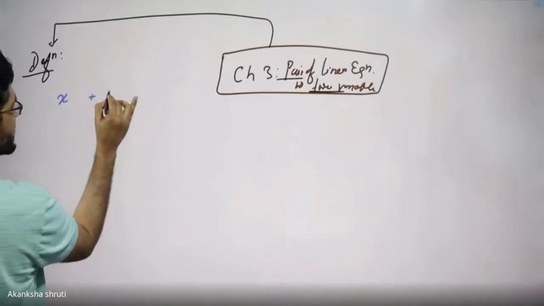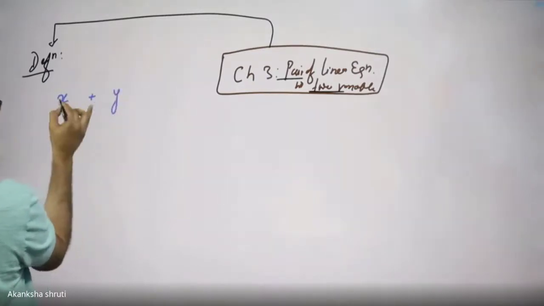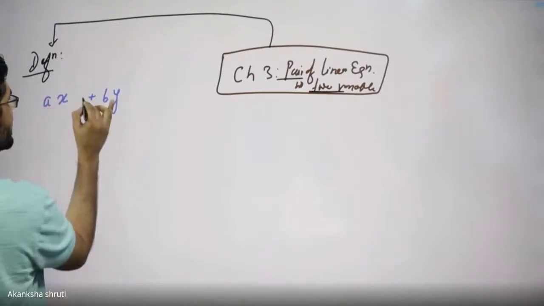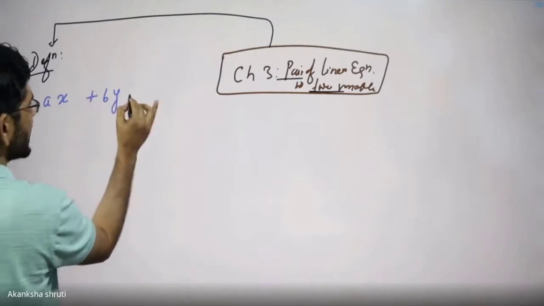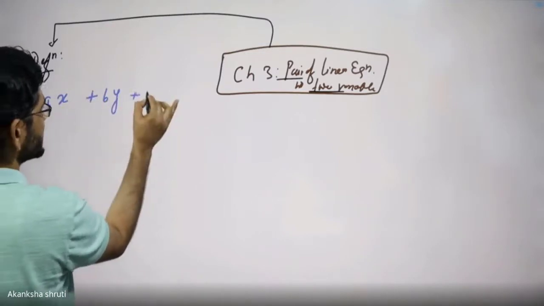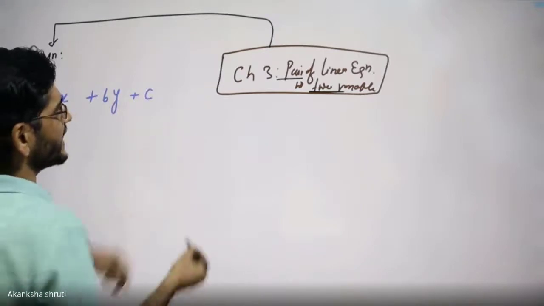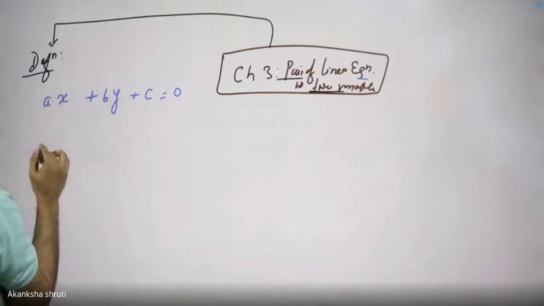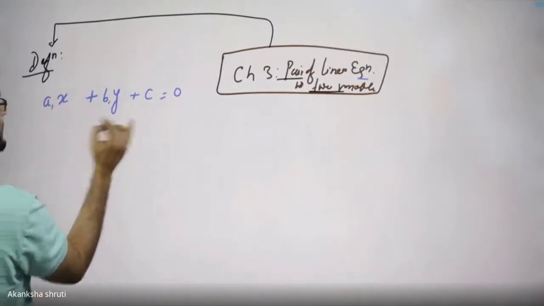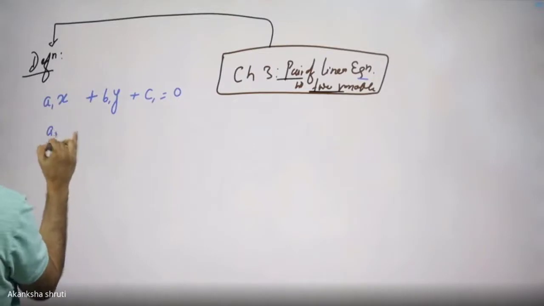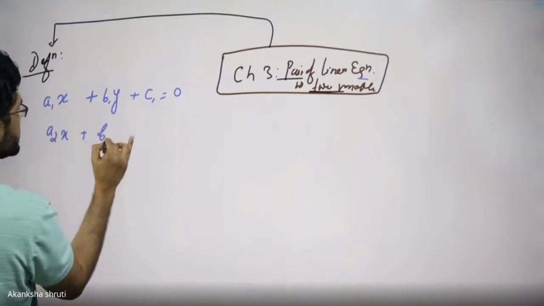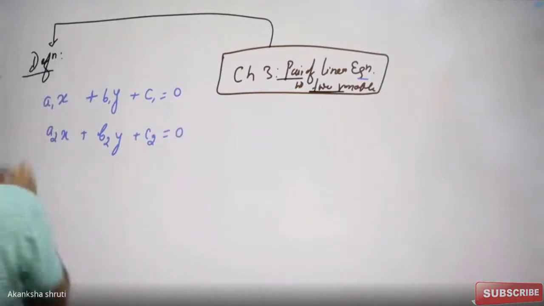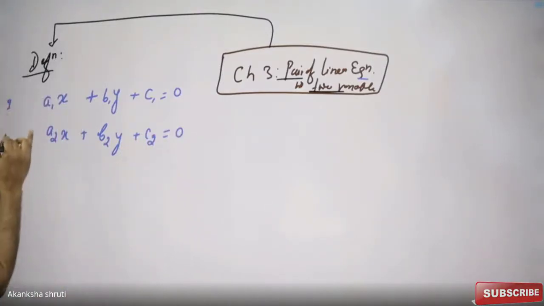In general, we are considering this with some coefficient with this variable. So take this coefficient as A, this coefficient as B. But two such equations we need to write. In addition to this, there could be the constant. Since it is an equation, it is equated to 0. But such two equations have to be written. So put the suffix. Another one is A2 x plus B2 y plus C2 equals 0. So these are the two equations that we are considering.